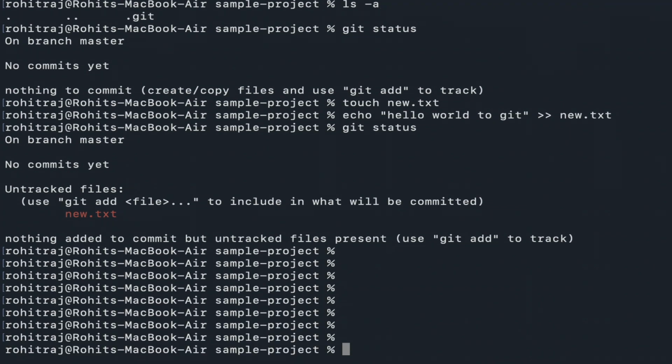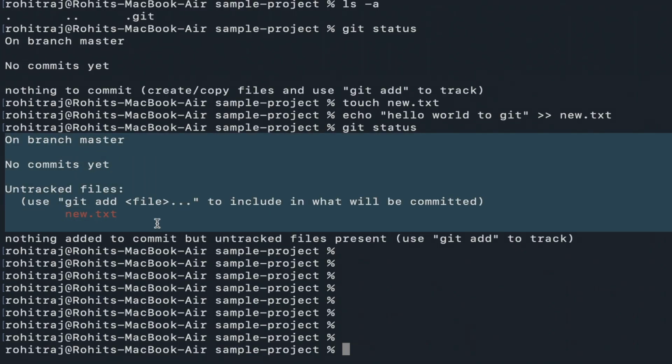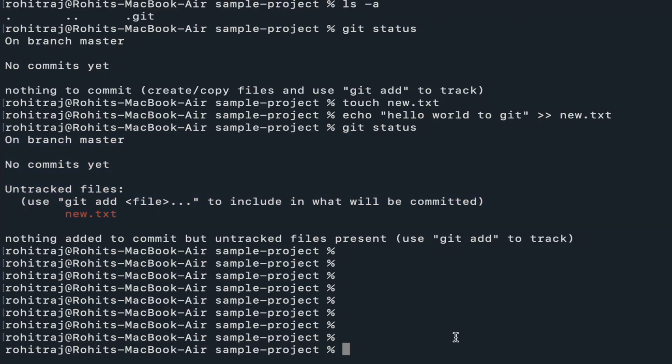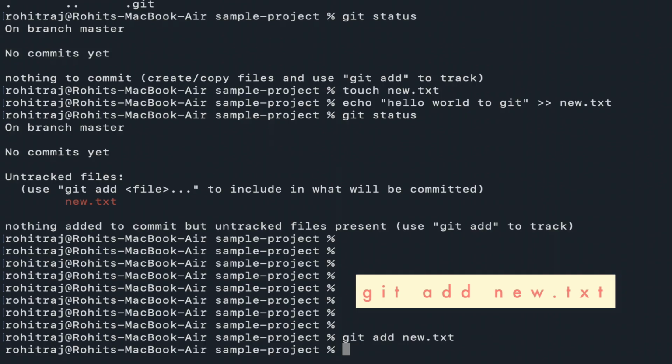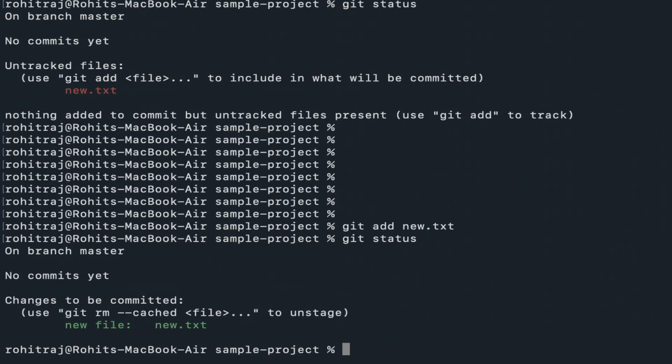You can see here untracked files, right? New.txt in untracked area. Now what we will do is, we will add this file to the staging area, right? So the command is git add file name, right? So git add new.txt. What this will do is take the file from untracked area to staging area, right? So now when we see git status, we can see this file new.txt,